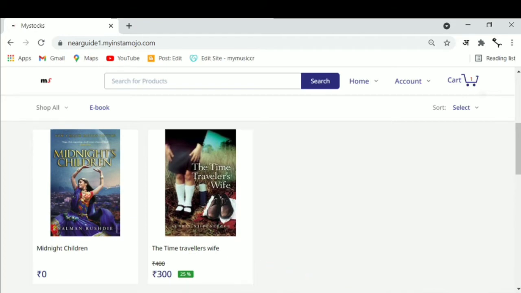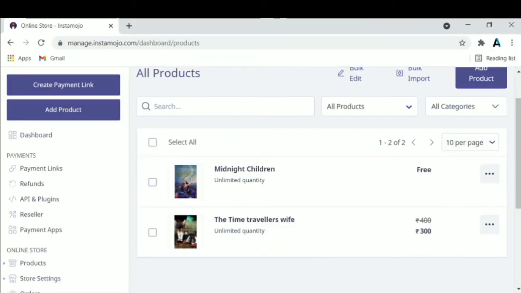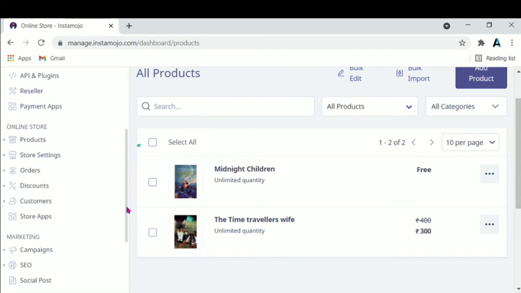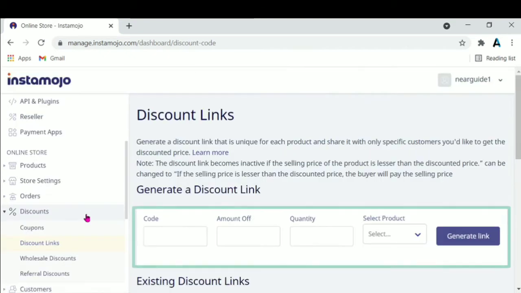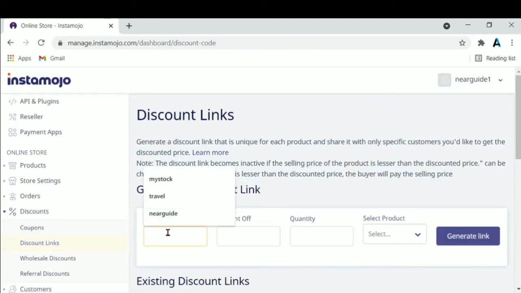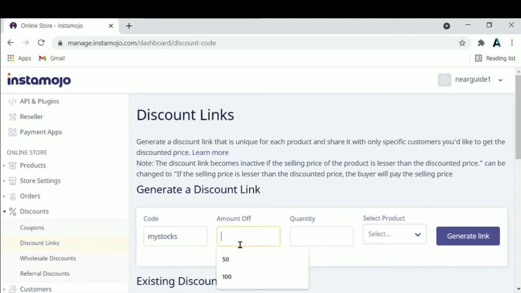Then go to the dashboard of your Instamojo. Then just go down, click on discount, then discount links, then generate a link here, add a code here. If anyone use this code, then he will be offered some amount. Then add a amount, how many you want to give them discount,